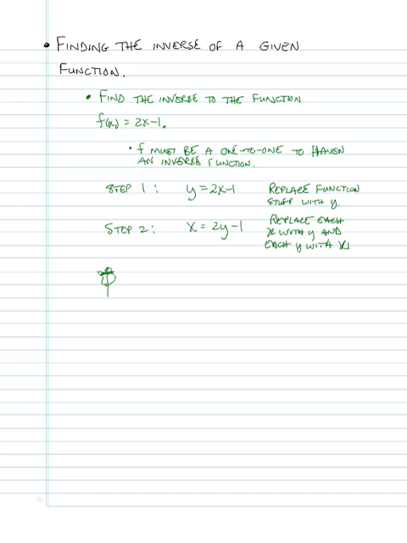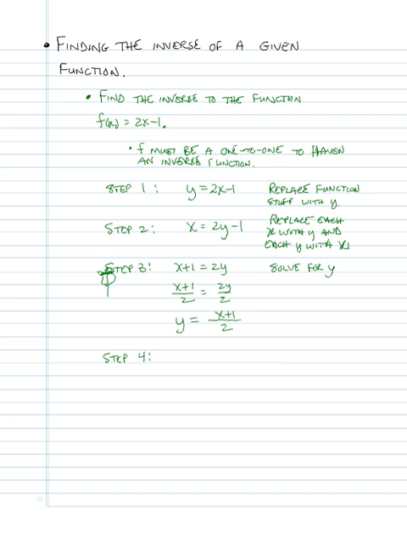We write functions as y is equal to. So step 3, which might take several steps, is to now solve for y. We take the equation from step 2 and solve for y. The first thing we do is add 1 to both sides. Then the second thing we do to solve for y is divide both sides by 2. We end up with y on the right side, but I'm going to write it on the left side because the 2's cancel, and the other side is x plus 1 divided by 2. That looks familiar, doesn't it? Now step 4